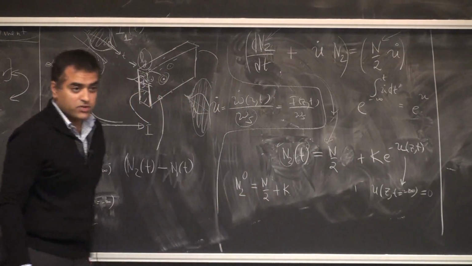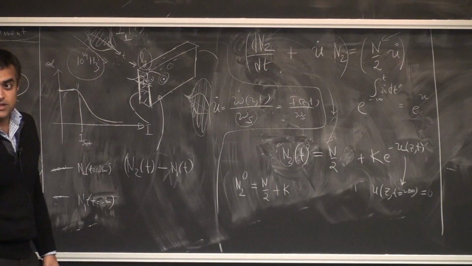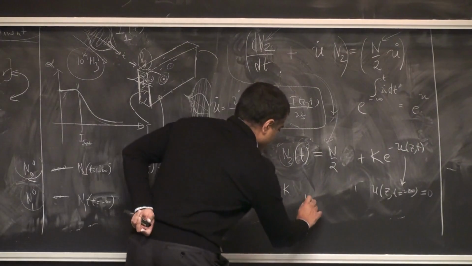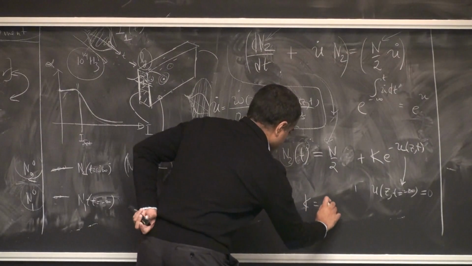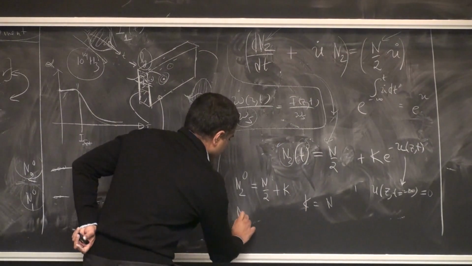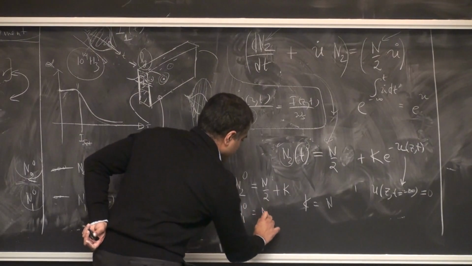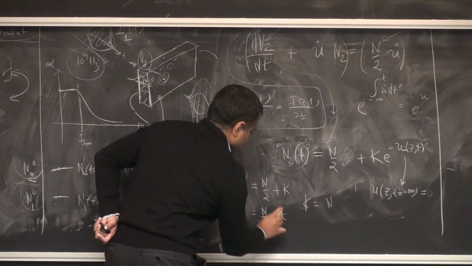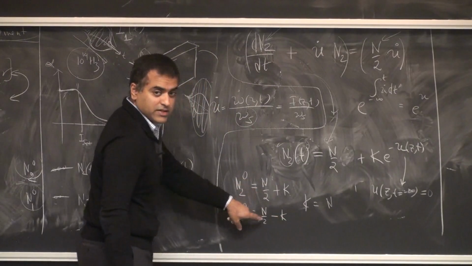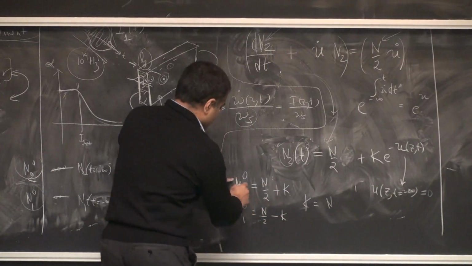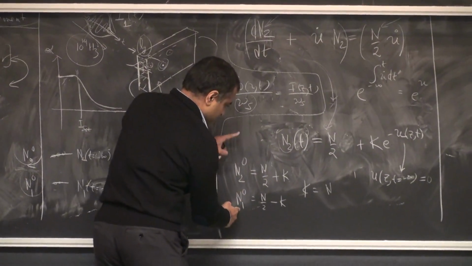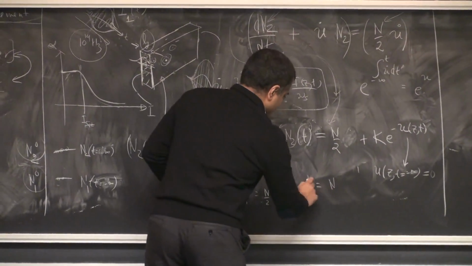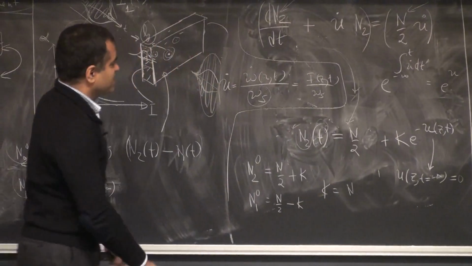So right away you find out what the constant is, which we didn't know. From here, N10 will be N over 2 minus K, because they should sum up to N. And so right away you know what N20 minus N10 is, and actually that's what we are after. And you also know what K is. So after all this said and done, what we get here is